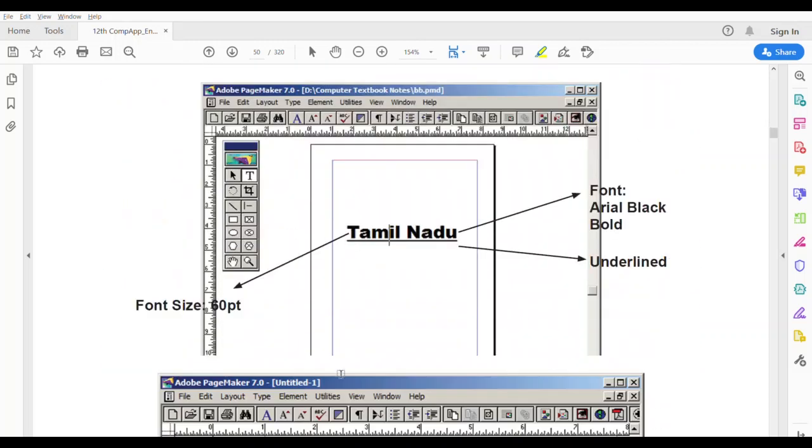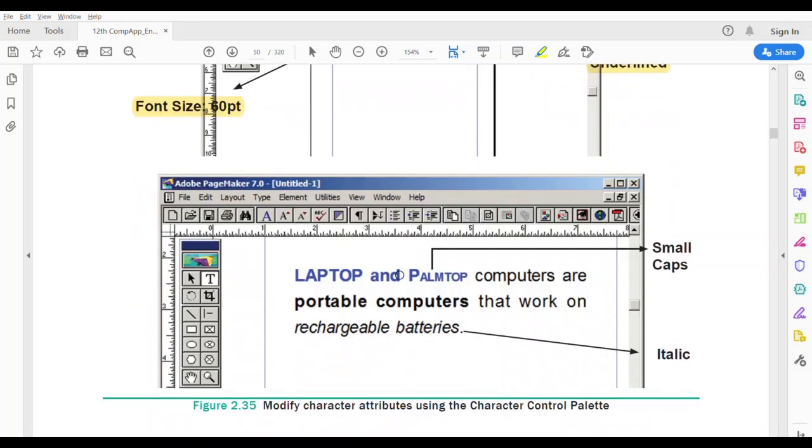Here there is a small Tamil Nadu text given here, and the font size is 60 points. It's given in font Arial Black bold, and it is underlined. So here are some more options like